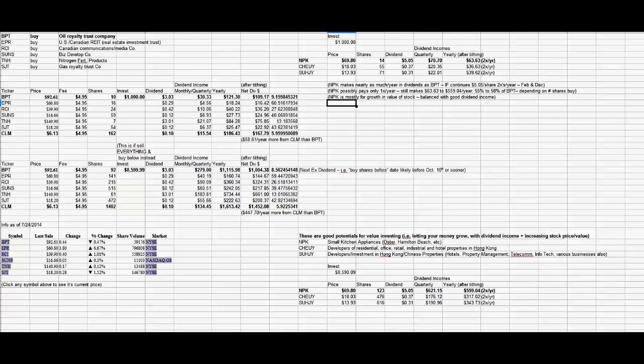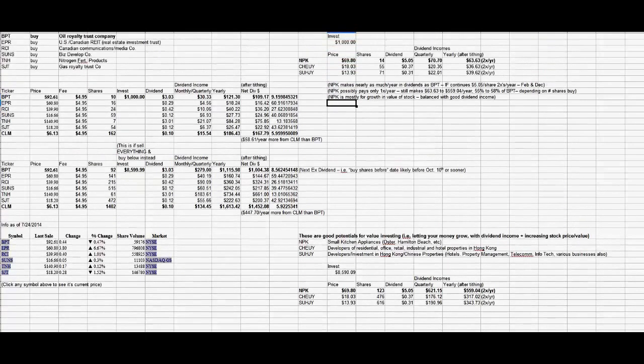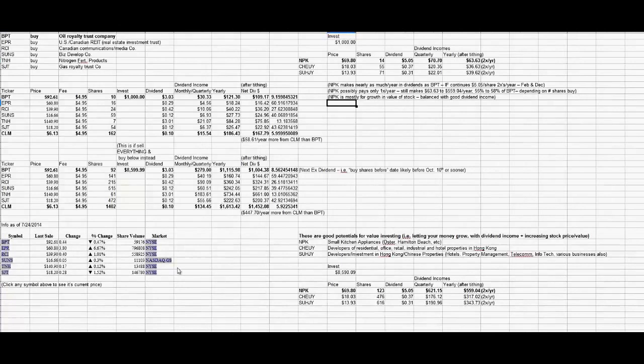Whether it's a buy or a sell, these are some of the actual things I've done over the last couple of years, the pricing, the fees, and the number of shares, 10 shares each for those. You just go on, you look at these, and you say, okay, this is how much it costs, for the totals and so forth.